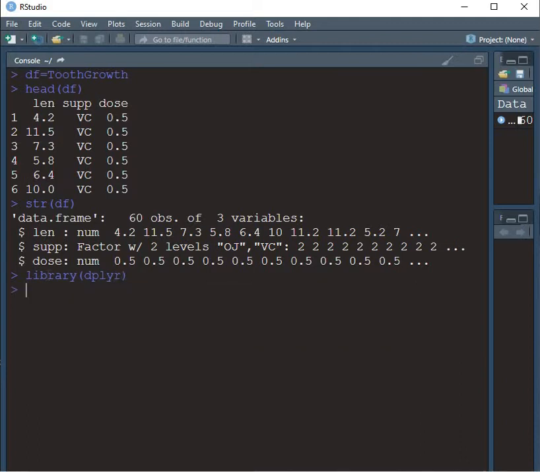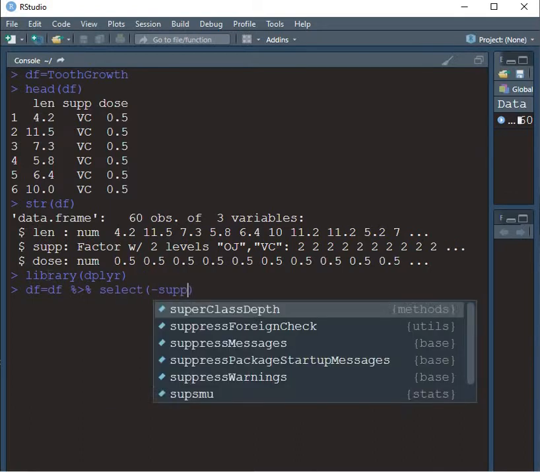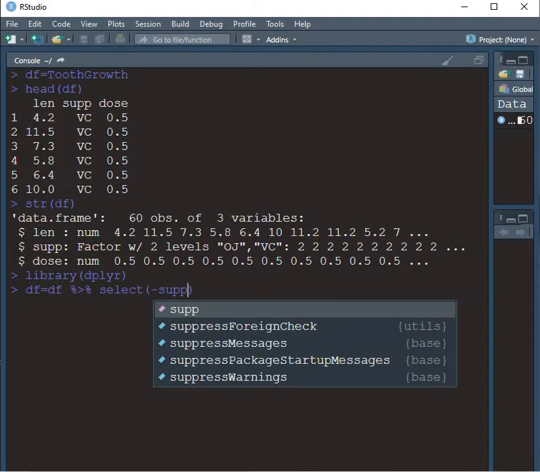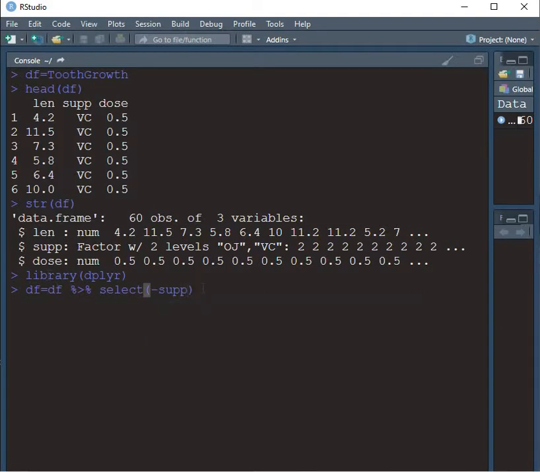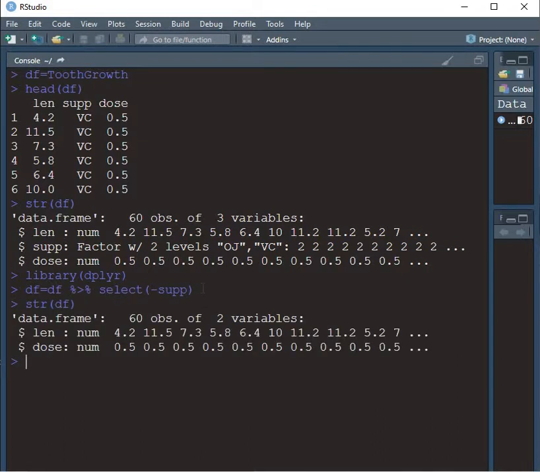After loading this, we will use the select function. df is equal to df, then the pipe operator, and then the select function and minus supp. So this will remove the supplementation factor. If I repeat the structure command over here, you can see that the supplementation factor has been